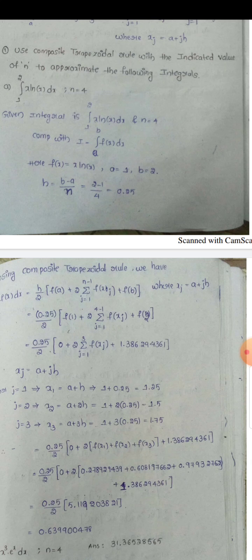Comparing with I equals integral a to b f of x dx, here f of x equals x ln x, a equals 1, b equals 2, h equals (b minus a) by n equals (2 minus 1) by 4 equals 0.25. Using composite trapezoidal rule, we have